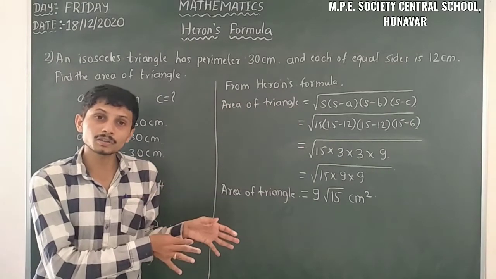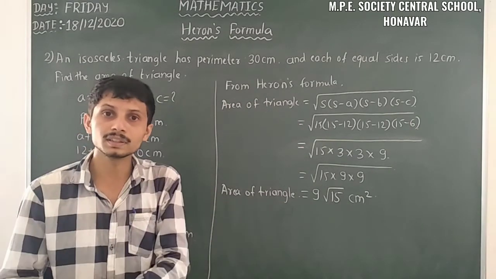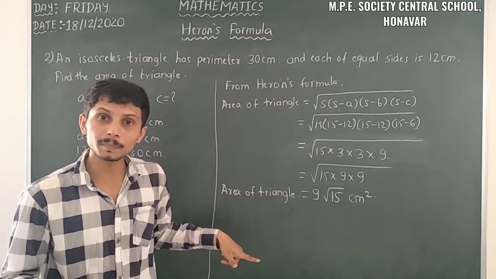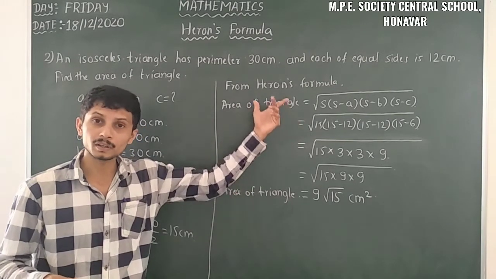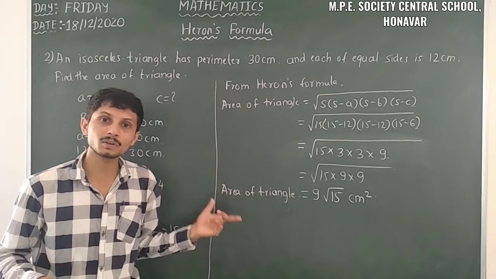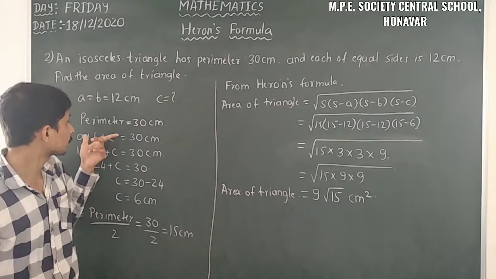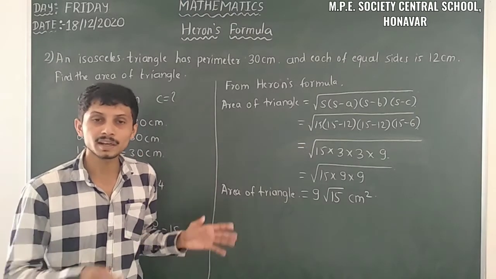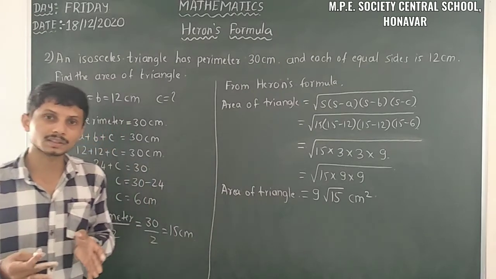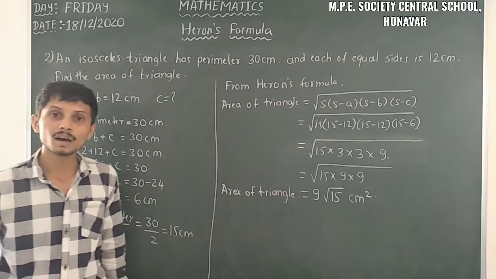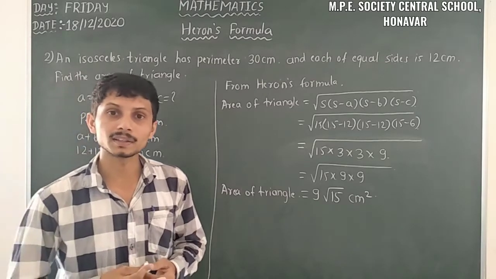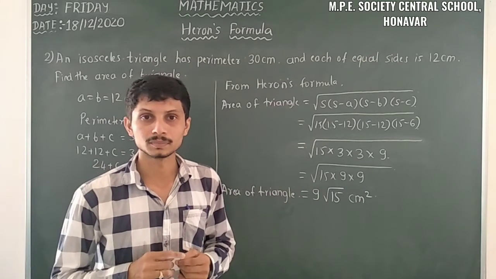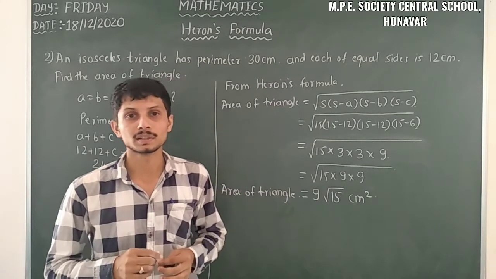So here, compared to the last problem, one thing is the same: we have the perimeter. When we have the perimeter and want to find another side, we can easily find it using the value of perimeter. The perimeter is equal to A plus B plus C, is equal to whatever the value of perimeter we have to insert, and then we have to transpose all the other known values, so we can get the other side. Then we can apply Heron's formula. So using Heron's formula we can find out the area of triangle. Yes, so let us move on to the next type of problem.